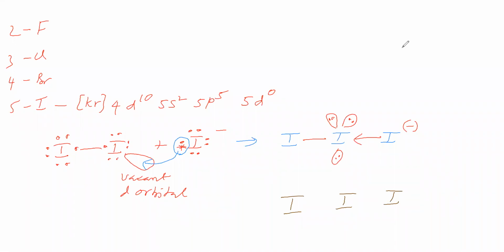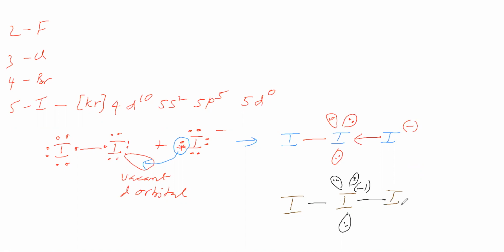Next we will give this bond. These 3 lone pairs we give as 1, 2 and 3. Then this dative bond we will give as a normal bond. When you write a dative bond as a normal bond, you have to give formal charges. For this, gain of electrons, therefore give formal charge -1. For this, loss of electron cloud, so give formal charge +1. Already -1 is there, therefore net becomes 0. Now this is called I3 minus.